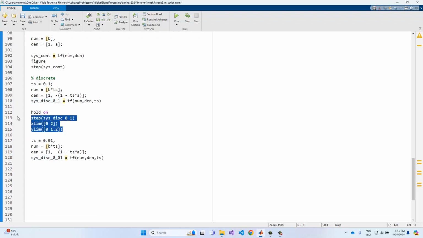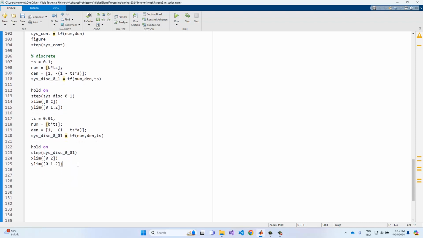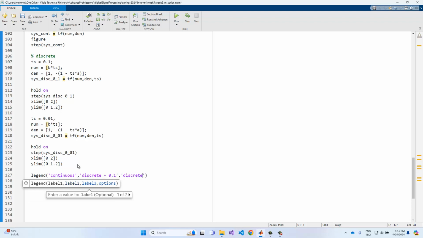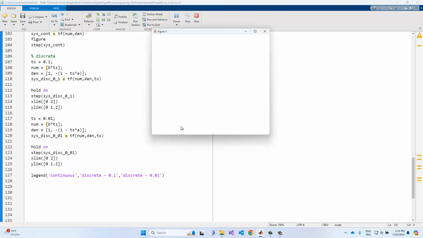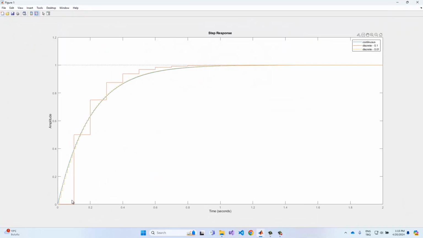0.1 and 0.2. Okay, and also we can use the hold on function in here, just like this one, and so we can write the legend in here: the continuous one, discrete 0.1 sampling period, and discrete 0.01 period. Okay, and so if we rerun this code, then we will see